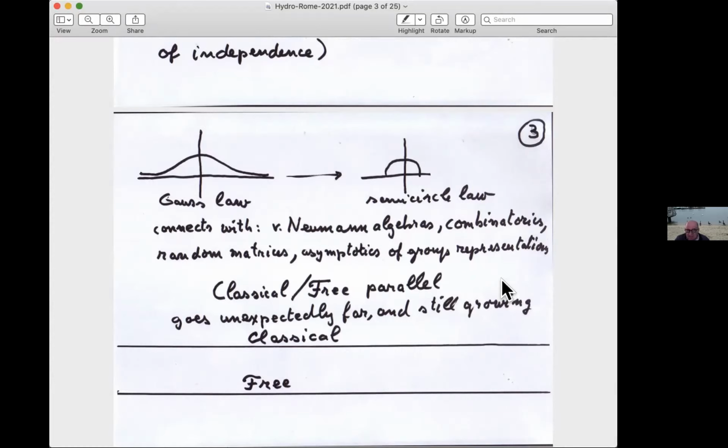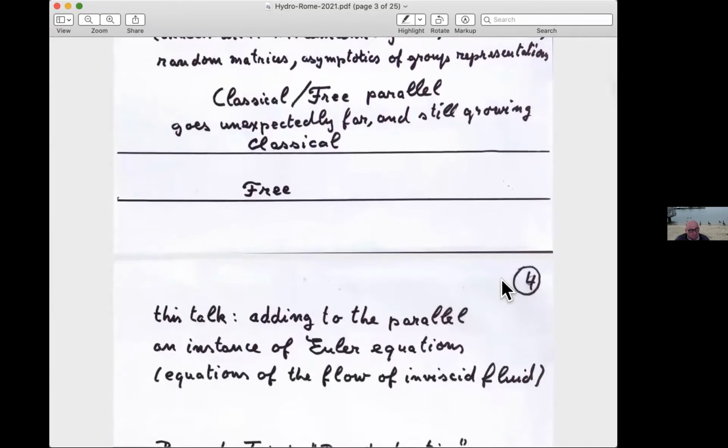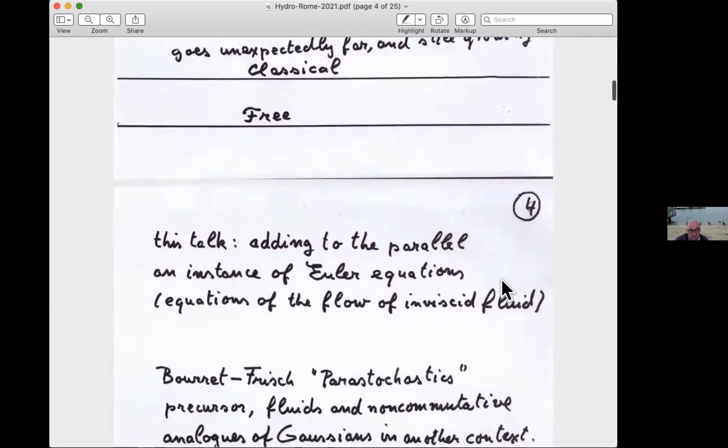And this parallel between classical and free goes unexpectedly far, and actually it is still growing. There are still new additions to this parallel. I'm going to talk about this recent one, adding to the parallel an instance of Euler equations, equations of the flow of inviscid fluid. Now,